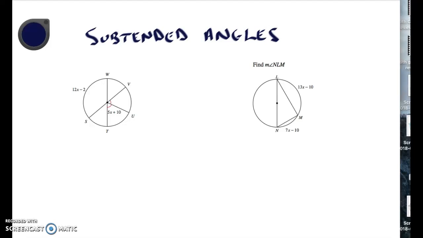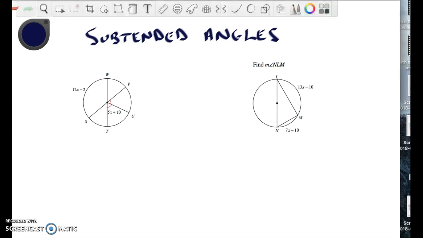We're going to be looking at subtended angles, and what subtended means is that there are angles and they're enclosed by an arc. So let's just call, let me see if I can use this pencil. This tablet's new, so I'm still trying to use it. Okay, so let's say this is circle Z, and that's the very center of the circle is how you name a circle. So circle Z, so let's say angle